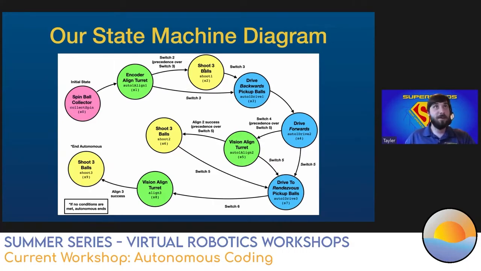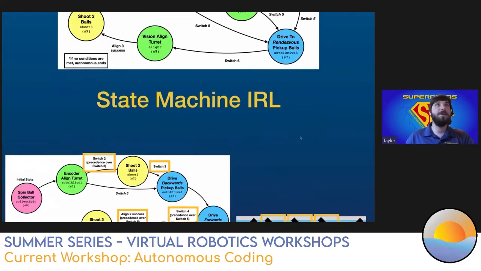So then if we're at the shoot 3 balls state, we're going to move over to drive backwards, pick up 3 balls if switch 3 is on. After that one completes, we're going to automatically transition to drive forward. Then we have another choice. If switch 4 is on, we transition to